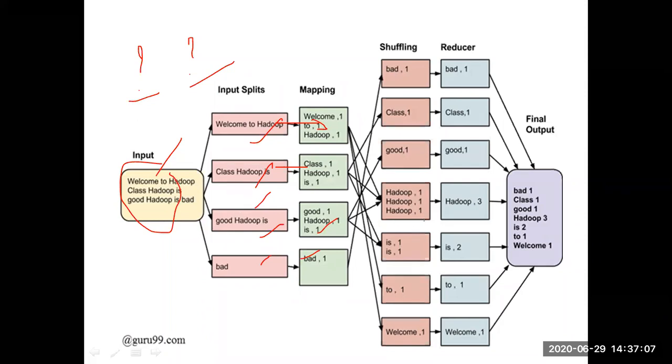The number of maps depends on the input splits. Clear? How many mappers will run in the MapReduce program depends on the input splits. That many mappers will be there as there are input splits. Is it clear, guys? It is an important question. When we come to MapReduce, they will ask how many mappers will run. The number of mappers running depends on how many input splits there are, because for each input split we have to give one map.